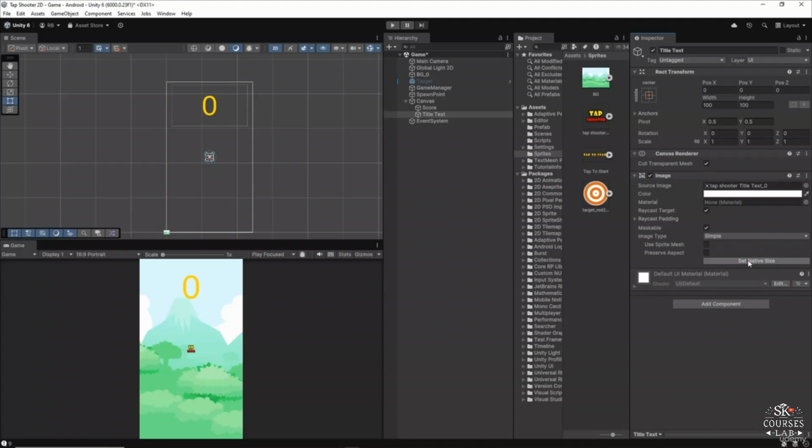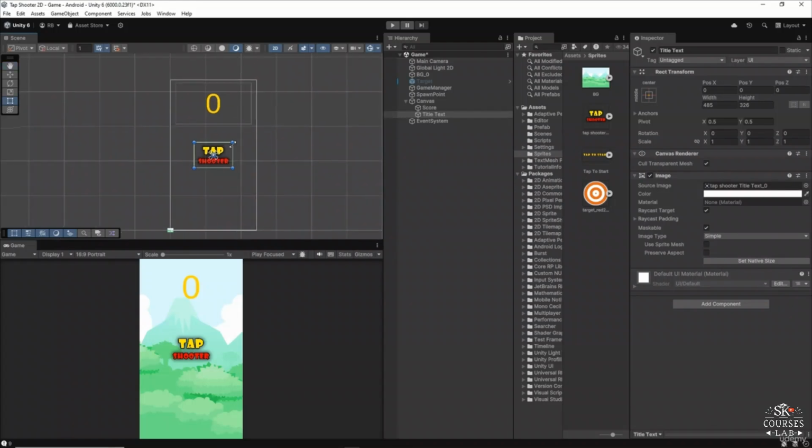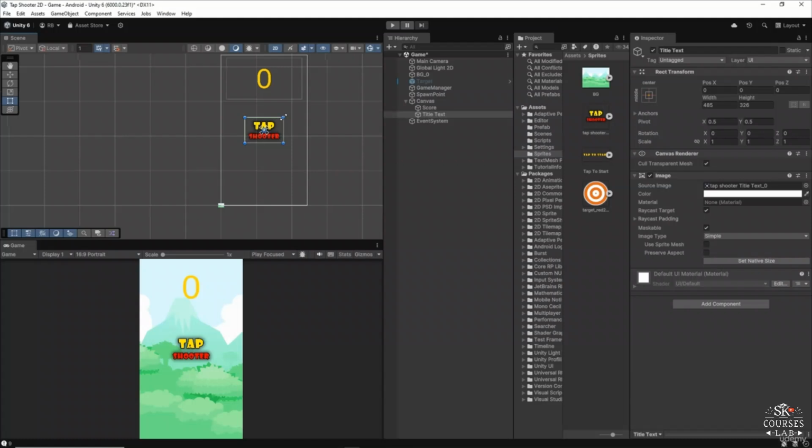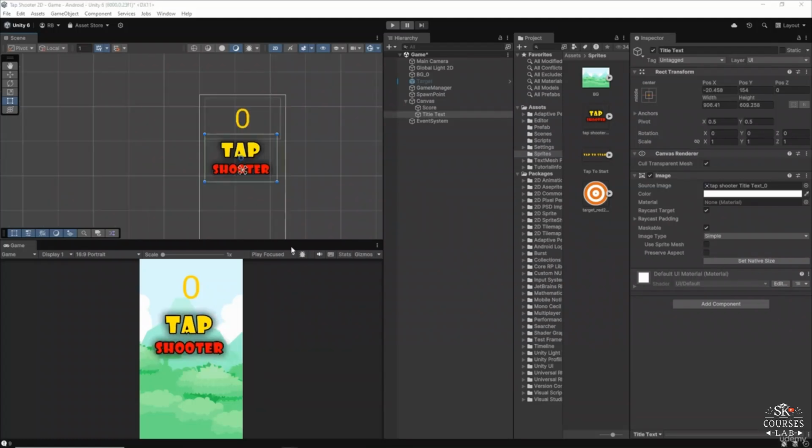And then I'm going to click on this set native size. And once I do that, as you can see, now it has become a little bit bigger. So now I can go ahead and drag it to make it bigger and smaller. But instead of doing this, I'm going to press the Alt key on my keyboard and Shift key as well. And then I'm going to drag this one. So Shift and Alt and drag this. So this is the correct way to make it bigger on all different